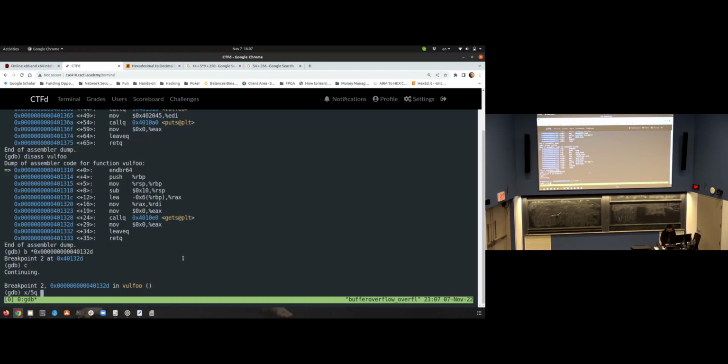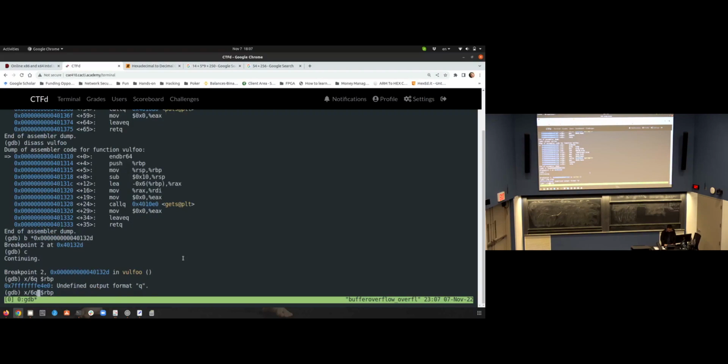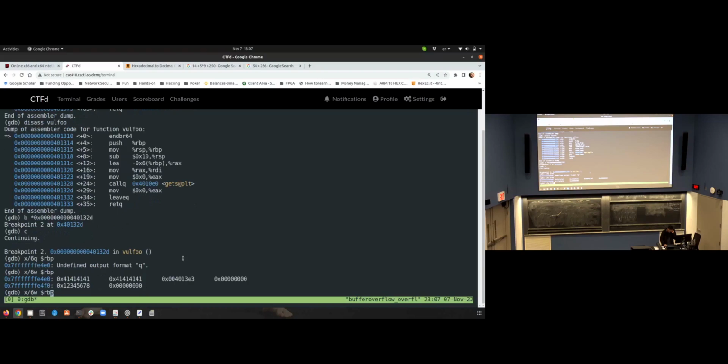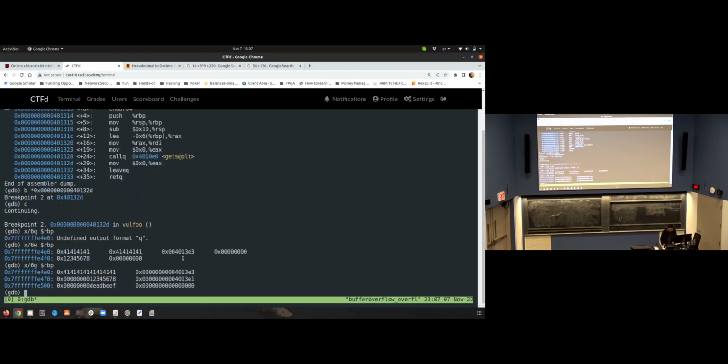Examine 5Q from EBP, RBP, should be 6. Is that Q or W? Not W. What's the one I should use? What is 8 bytes? A G, right? I think it's G. Yeah. Okay, so say this is what we have on the stack. The overwrite was successful. So 14 bytes in total: 6 bytes in buffer, 8 bytes in saved RBP,